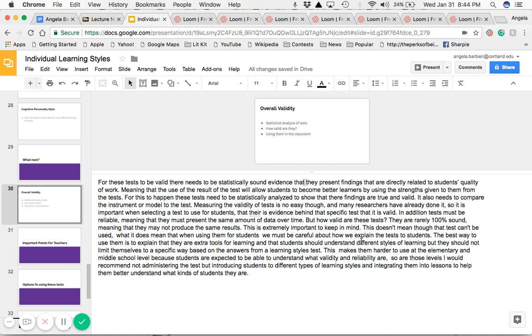But how valid are the tests that we spoke about? So the problem is that they're rarely 100% sound, meaning that they don't always produce the same results over time. This is extremely important to keep in mind. It doesn't mean that the test can't be used. It just means that as students grow older, as students find new ways of understanding things, their results are going